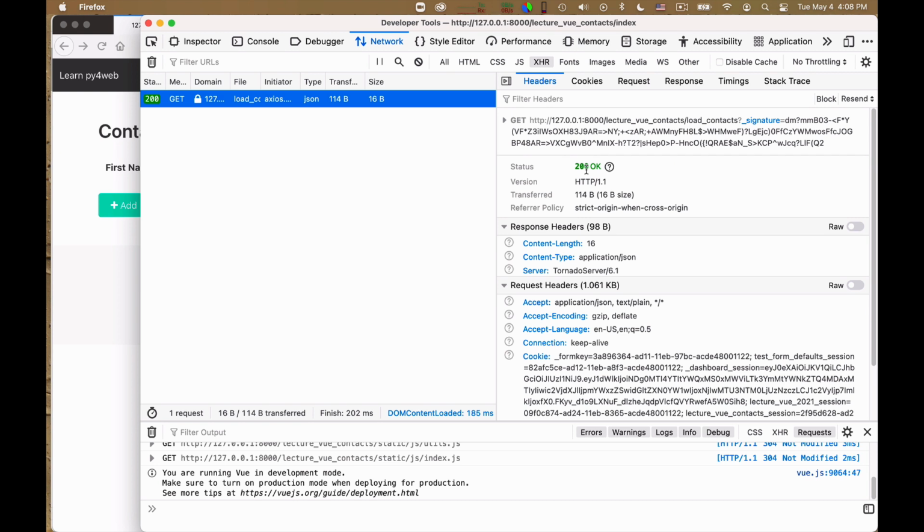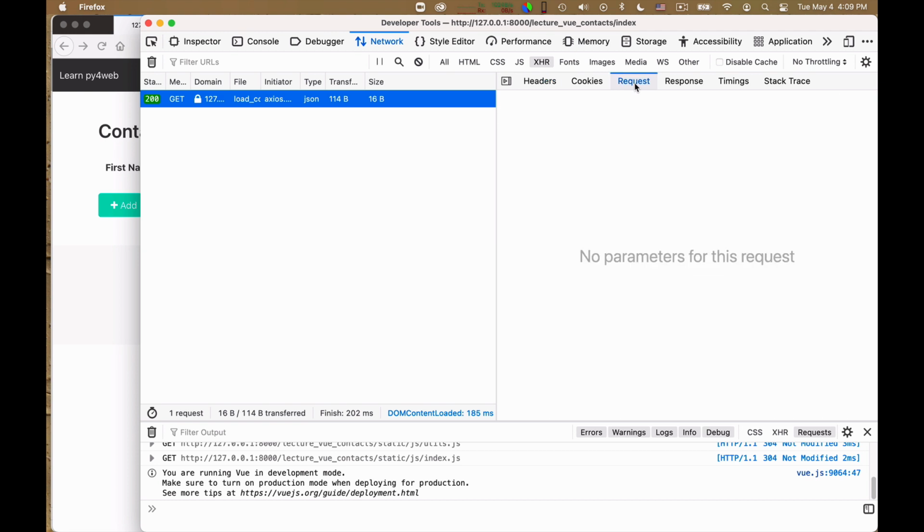Okay, the status is okay, so this call to the server to load the contacts works. I can look at the request, but there are no parameters, it's just a request to a URL. I can look at the response, and I can see that the response is encoded in JSON. I can look at it raw if I like, or I can look at it beautified, but essentially it tells me that there is an empty set of rows, which is fine, because indeed there are no contacts yet.